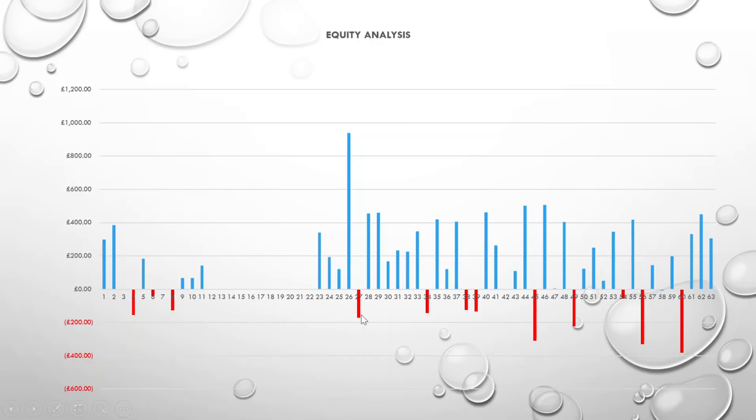So for instance, on day 27, I had this loss. But then look at the next batch of days. If I was to add each of these days on top of each other, you would have a value which would be sort of going off the end of the laptop. And then I get to the next losing day, and then I get these winning days again. So what this graph does, it gives me confidence in knowing that when I do get these,